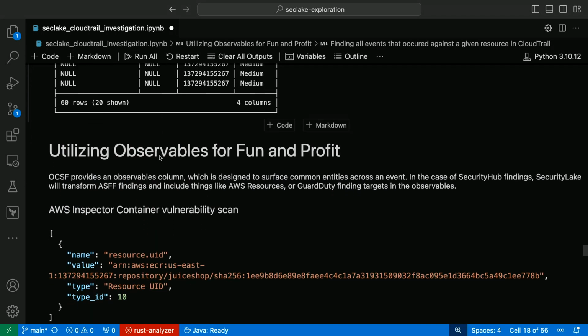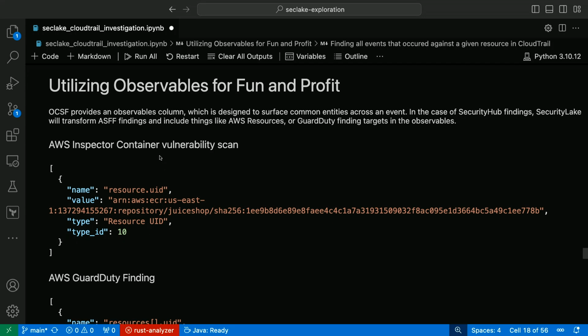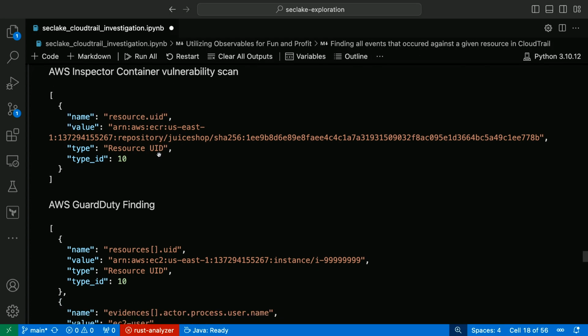Let's see here. And this is probably the last big thing I'll cover here, but this is an awesome feature of OCSF. It's called observables. Those containers I was talking about in OCSF, there's not just ones for modeling the event, but there's ones that are kind of extensible. So there's one for enrichments that I don't cover here, and then observables. Observables are basically any tangible thing that appears in the event at least once that you might want to query on.